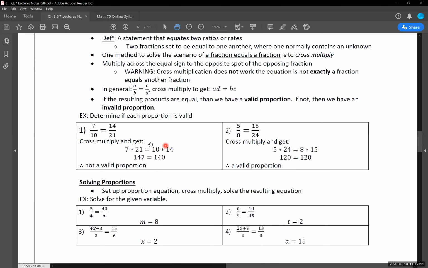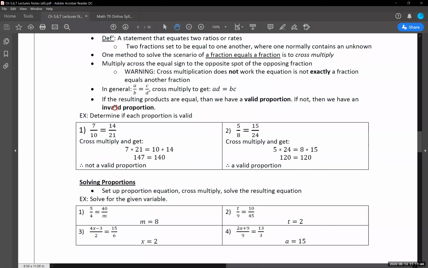A lot of people skip this step in their process, and they just go right to, okay, multiply and multiply. And a fair amount of the time, I do see a lot of people be off ever so slightly with the numbers that they're working with because of that. So it's one extra line of work. I would highly recommend you do it, and then let the calculator multiply those together for you if you need to. Nothing wrong with that. And when we do multiply those, we get 147 is equal to 140.